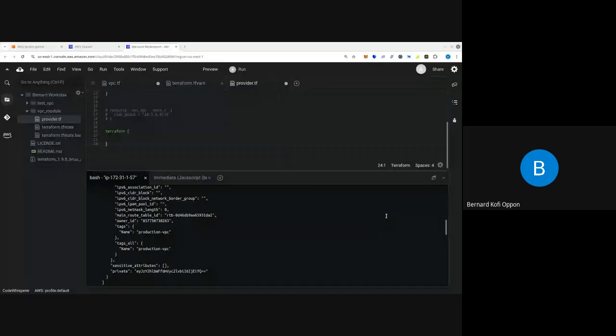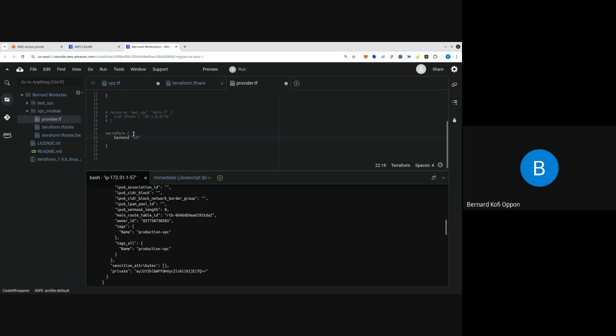So in the same place where you're creating your Terraform code, you open a new block. And this one will be terraform. Then we call it backend. It's going to be